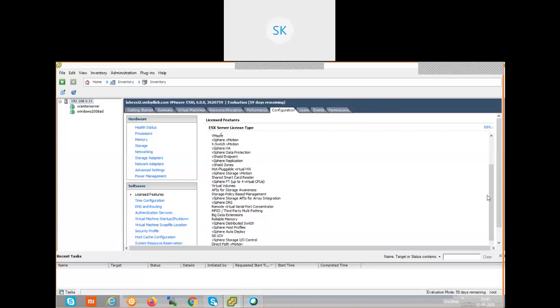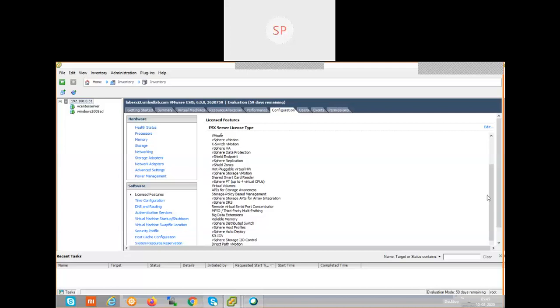Consider I have 10 ESXi hosts. Each ESXi host is able to deploy 50 VMs. In that sense, with 10 ESXi hosts, I'm going to have 500 VMs. I need to maintain 500 VMs. That means I need to connect to each ESXi host individually. If I have a centralized management console, the administrative task is made easy.